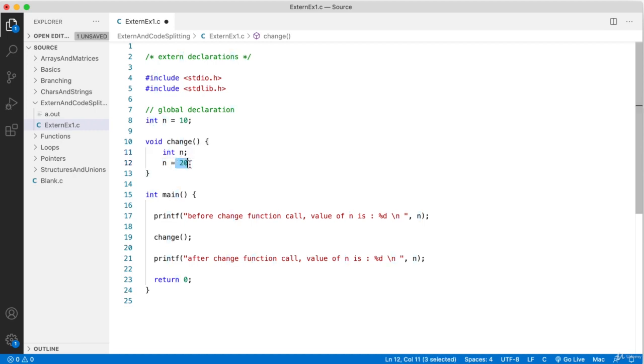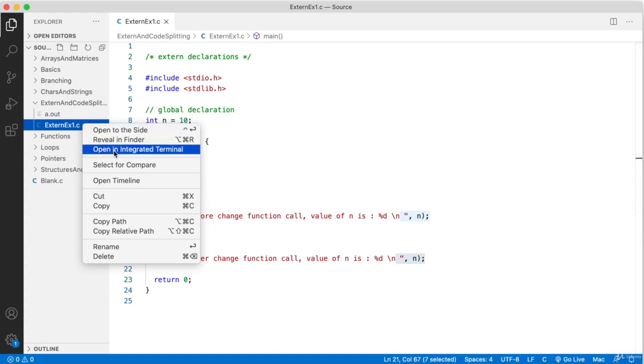So n equal to 20 will be set to the local variable n and not the global variable. At the end of the function, n gets destroyed, and when we are back, we did not touch the global variable n. So this doesn't affect the global variable. So you should again see the value of n as 10, and that is something that we need to check.